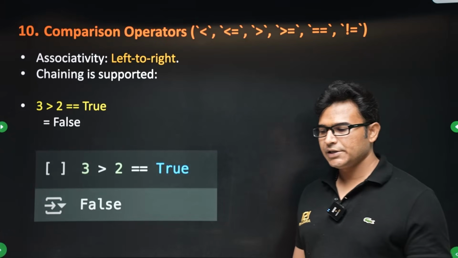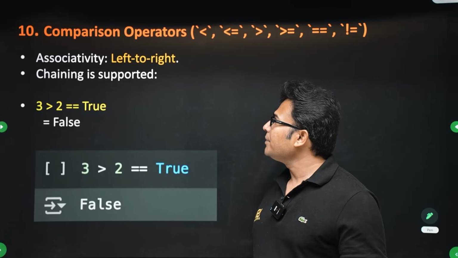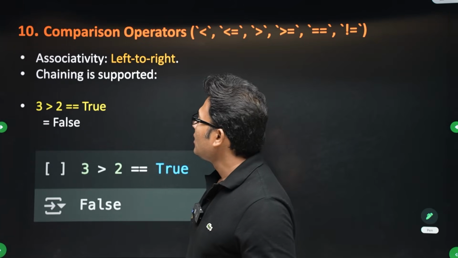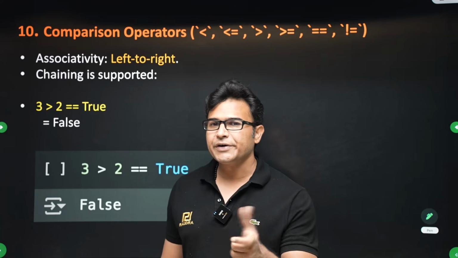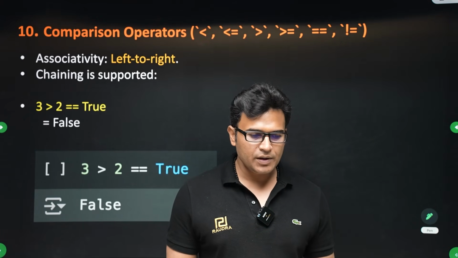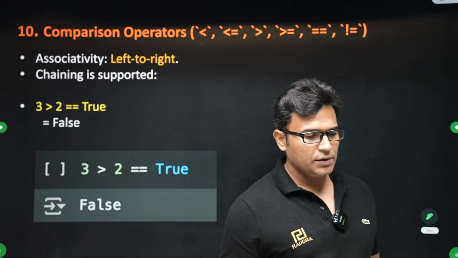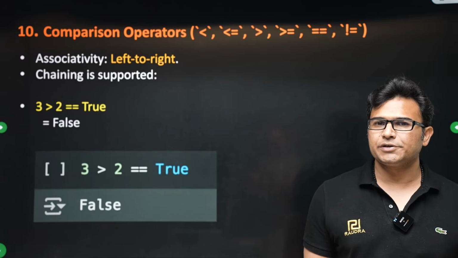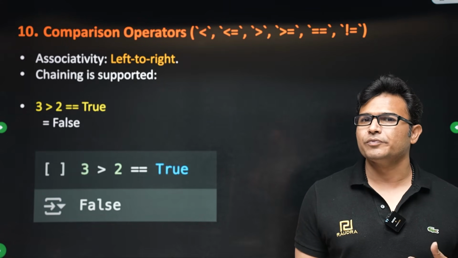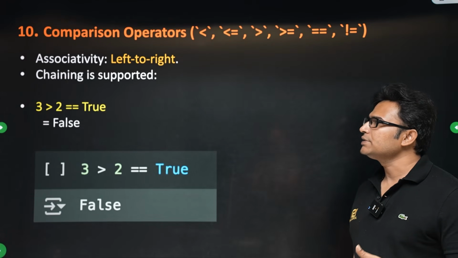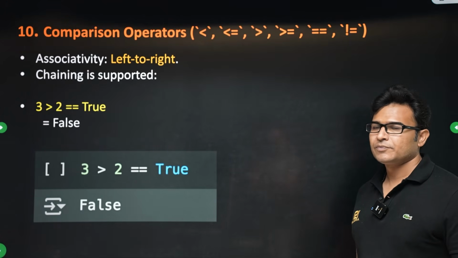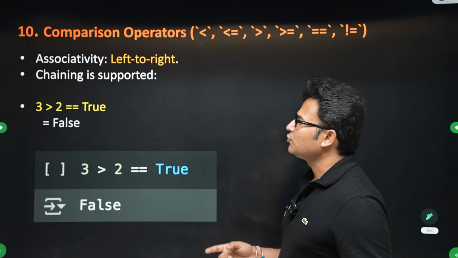Let's now see precedence and associativity coming to comparison operations. Now when we talk about comparison operations, it is a little bit tricky in Python. There will be a concept called chaining coming into the picture, which is very new to you. I'll explain what chaining is, but then associativity is left to right, which means, what do I mean by left to right is,